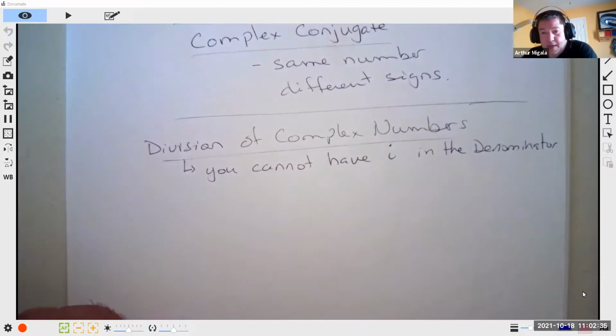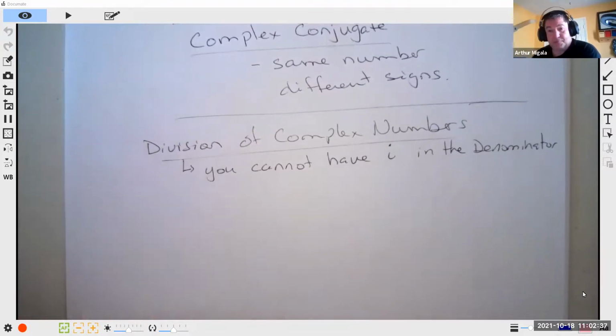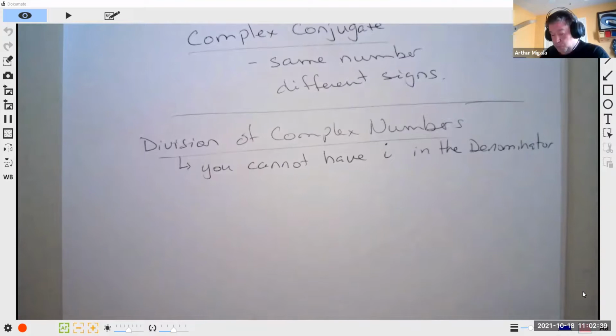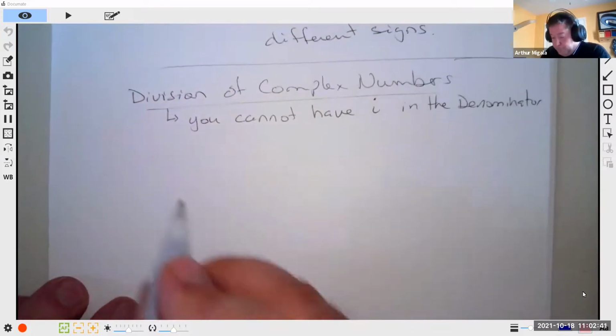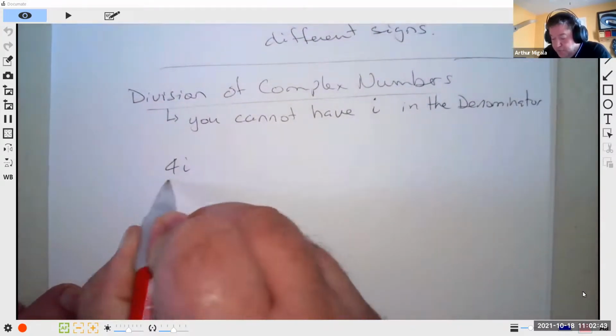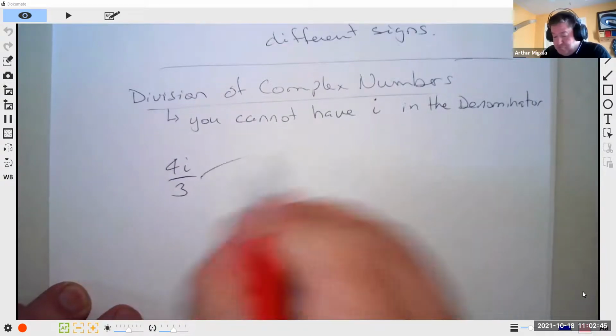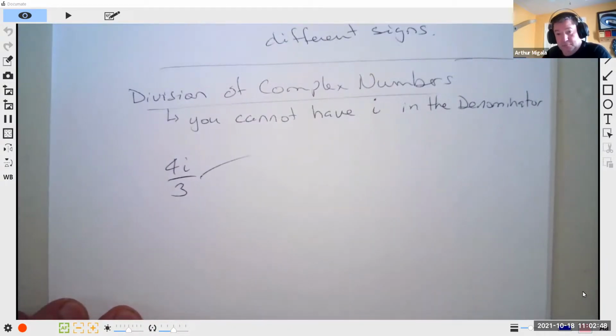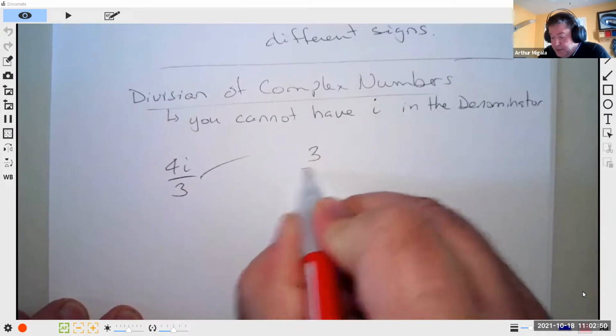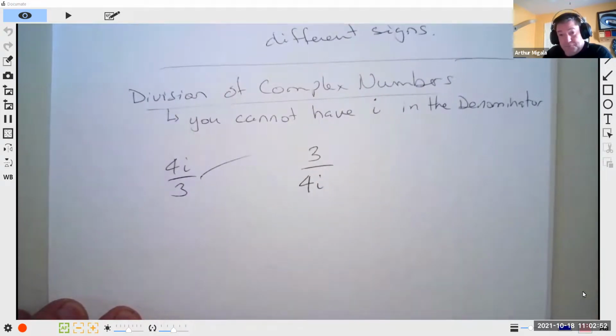So that's the only rule we have in division. 4i over 3, that's okay. You leave it like that. But if you had 3 over 4i,